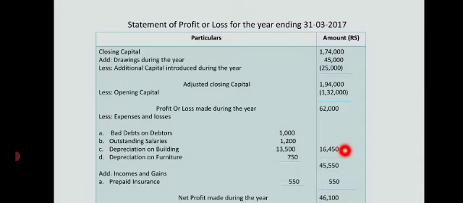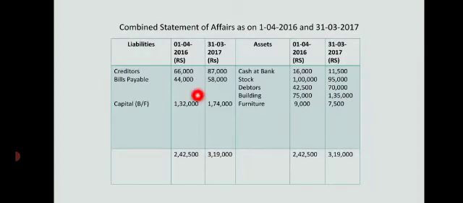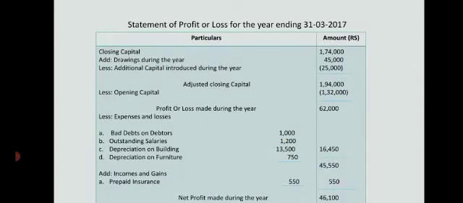45,550. So there is one, insurance is paid in advance. So there is one current asset which we are supposed to add here. The expenses which are paid in advance, amounting to rupees 550. Add it. Your net profit made during the year is 46,100. So opening capital is 1,32,000, closing capital is 1,74,000, and your net profit made during the year is